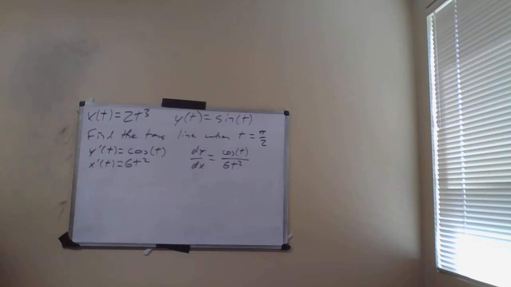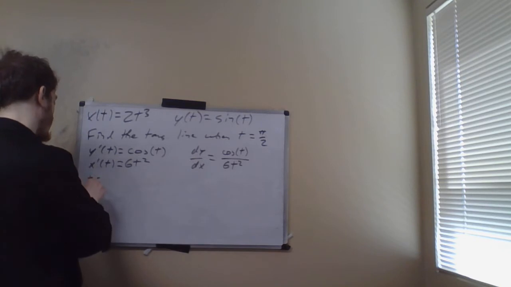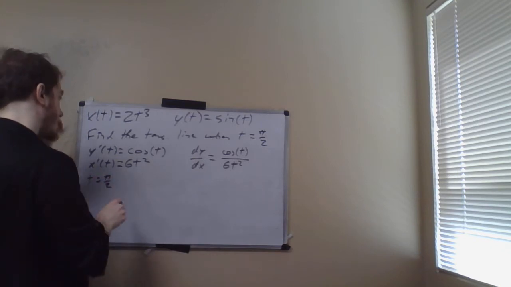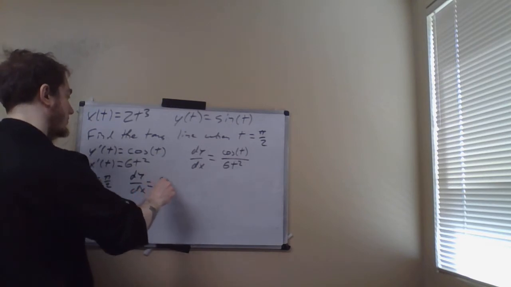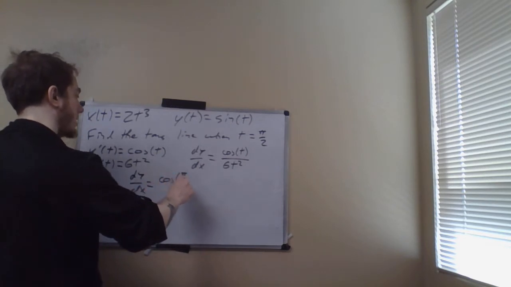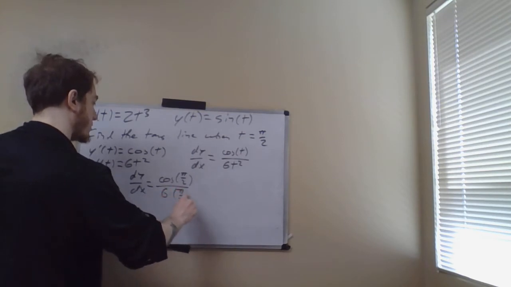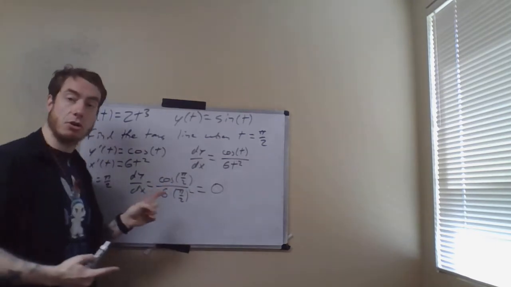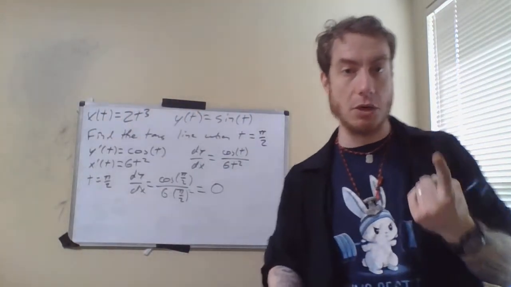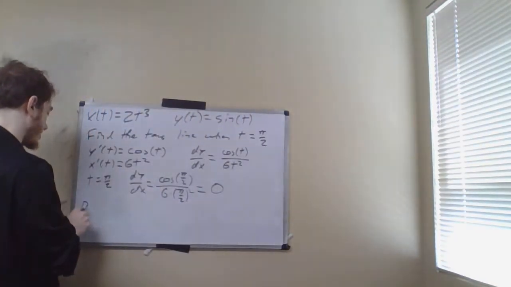And so now what we can do is say, well, when t is equal to pi over 2, then dy over dx is going to be equal to the cosine of pi over 2 divided by 6 times pi over 2 squared. This is actually just 0, right? Because the cosine of pi over 2 is 0. And then the point that this line is going to go through,